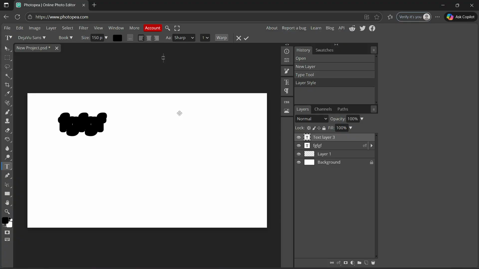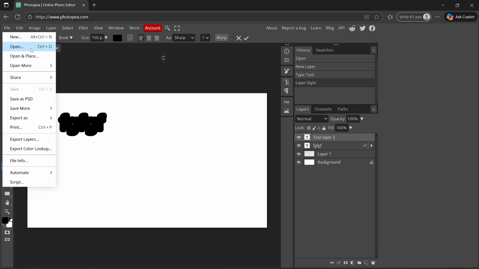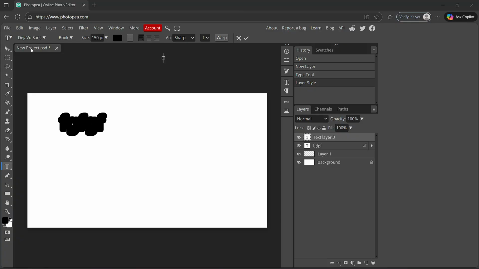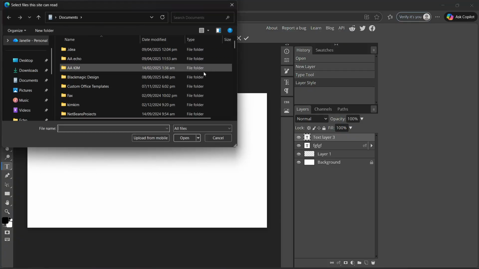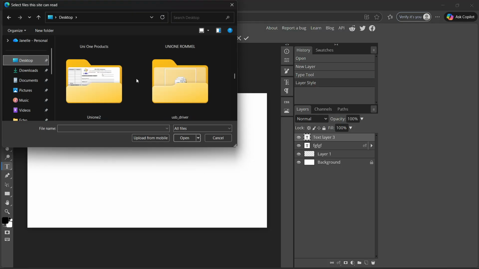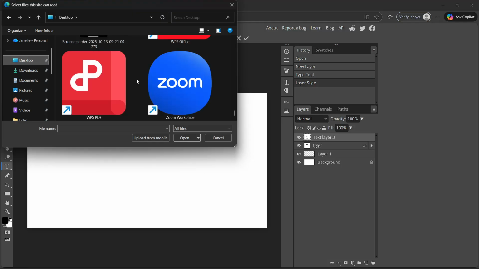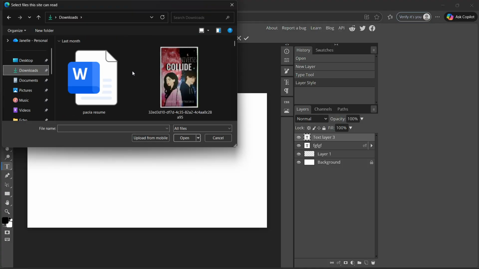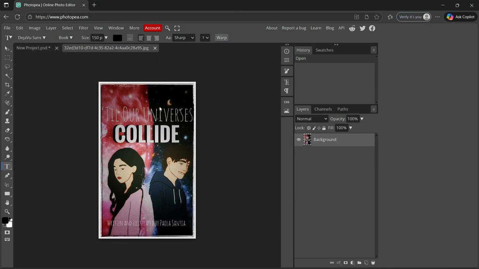Photopea. So before starting, you will select the layer that you would want to transform, and you can, of course, pick from your file and then click open. So basically, you will just have to click your image here, whatever image that you may have. So for example, I would want to use this image. So basically what I will have to do is